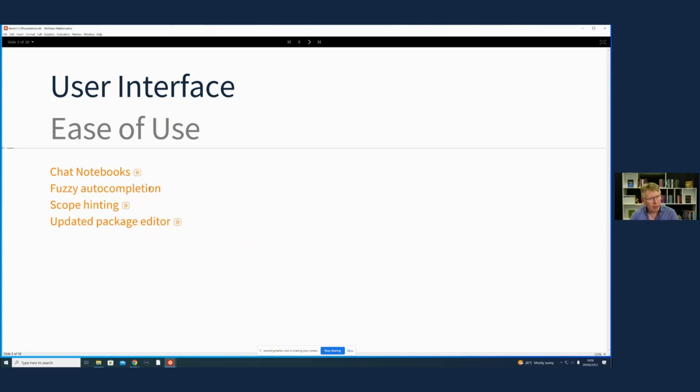Now, even if you know what you're doing coding, there's always room for trying to make the experience just slightly easier and slicker. One of those things that we've done in this release is to extend the autocomplete functionality, where you can type in some piece of a command name and get a match to things that start that way, that's been around for a while, to support fuzzy matching. So if I'm thinking of list plot, all I need to do is type now LP and it spots list plot. So any kind of fragment or sequence of letters within